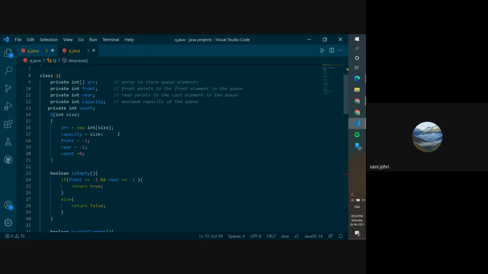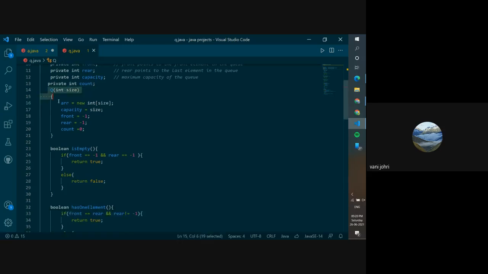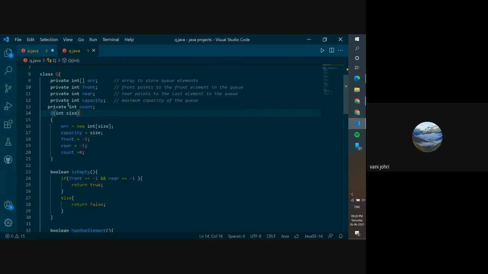All right. So then we made this constructor. This is a parameterized constructor, not a default empty kind of constructor. We are sending the size of the queue and assigning default values. We initialize the array as array equals new int of size.